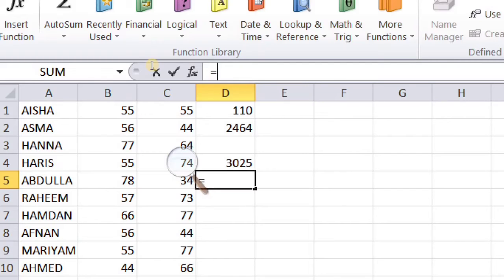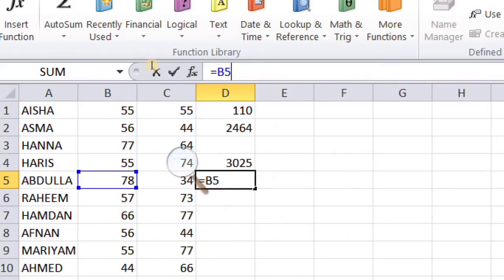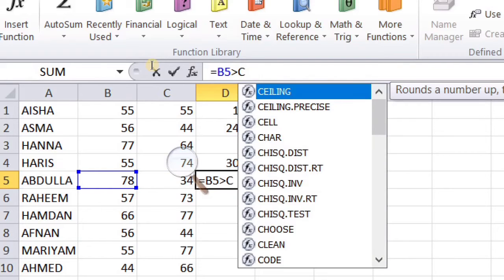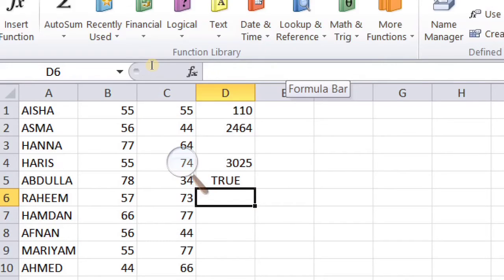B5, bracket open, B5 greater than C5. Is B5 greater than C5? This is what I am asking. True. B5 is greater than C5. The answer is true. See, true is displayed in the cell D5.